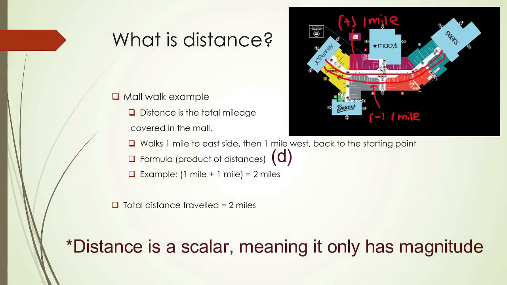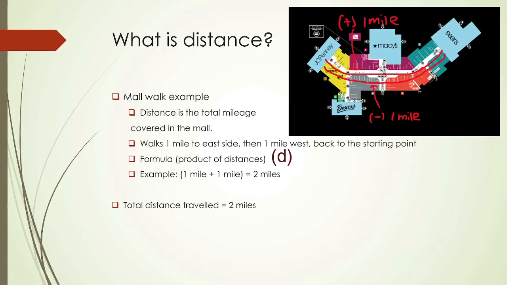For instance, if we were to walk down the street and walk back, it's intuitive that the distance will be the length of the walk both down the street and then back up. Such can be seen in this mall diagram. If we have a person who is walking from one side of the mall to the other, then coming back to the original side of the mall, we can calculate their distance based on the distance to one side and